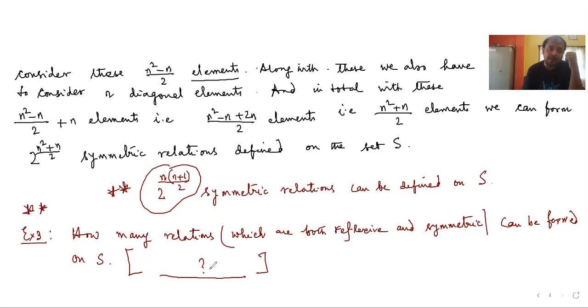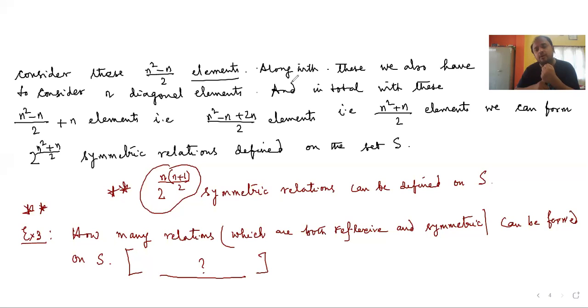Another thing: do not try to find out how many transitive relations there are, because it cannot be found. It is very difficult. There are problems in finding the transitive relations, and you will not be able to find it. So do not waste your time finding how many transitive relations are present. Just remember how many